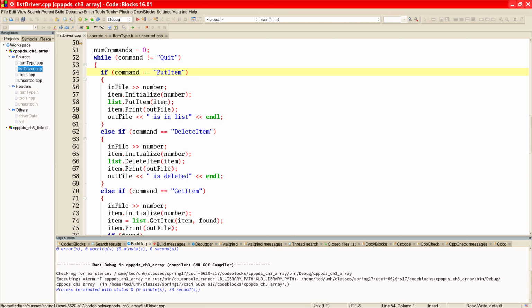If the command in the file is put item, it's going to then initialize an item with a number so you can pass arguments. It's going to, for the list object, the main list object that you're doing things to, put an item with that item there, and in fact if it succeeds properly, it's going to write this message that this thing is in the list now